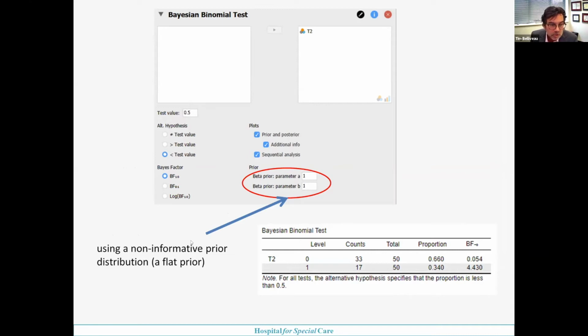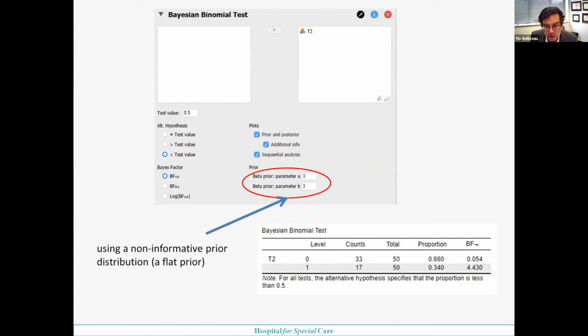And we're going to use a non-informative prior, which in this case essentially means we're not really paying attention to how easy or hard the test is, or assuming no other knowledge about the test, only that it's a 50-50 chance of each test correct. And when we put the data in for a score of 17 out of 50 correct,